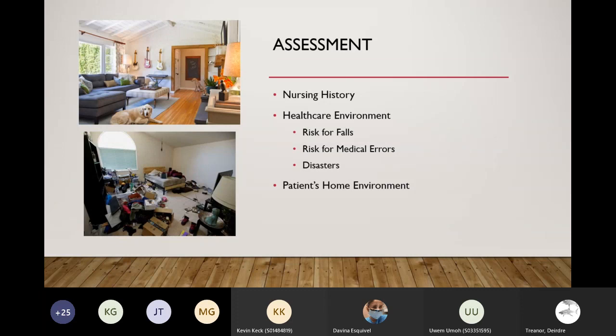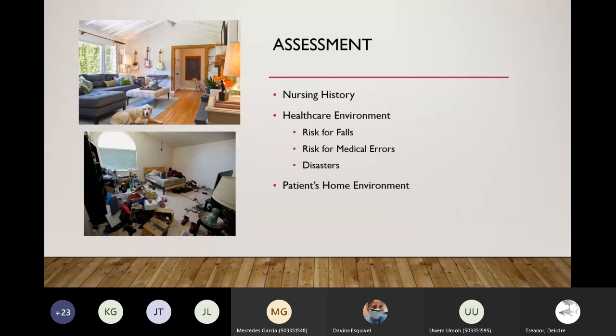You're going to assess your patient for risk for falls, their mobility. Are they able to move? Elimination, urinary and bowel habits. If they're incontinent, that may cause issues for safety. Any high risk medications they might be on, antihypertensive medications, pain medications, and also their cognitive status. And then you also have medical errors due to overwork, fatigue, and using two identifiers anytime you're giving a medication or doing a procedure. So now up here on the slide, you should see the pictures of